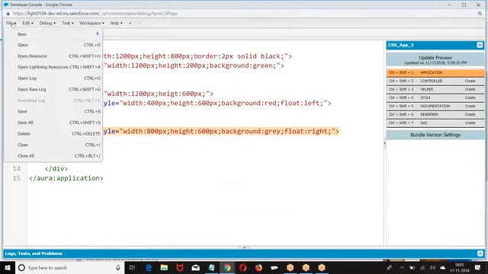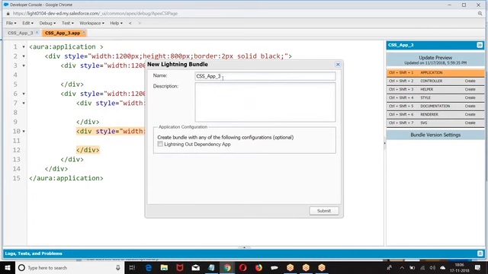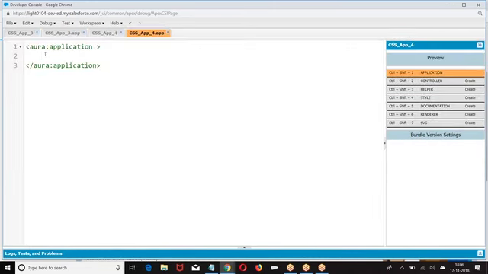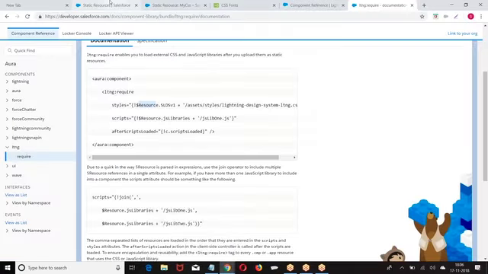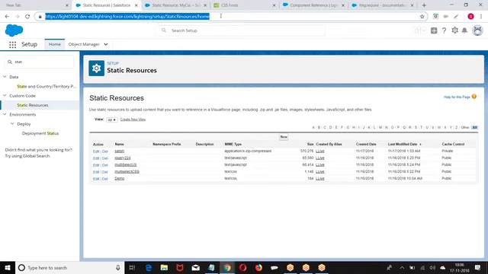So go to the component here. What is the resource I give? My style, right?